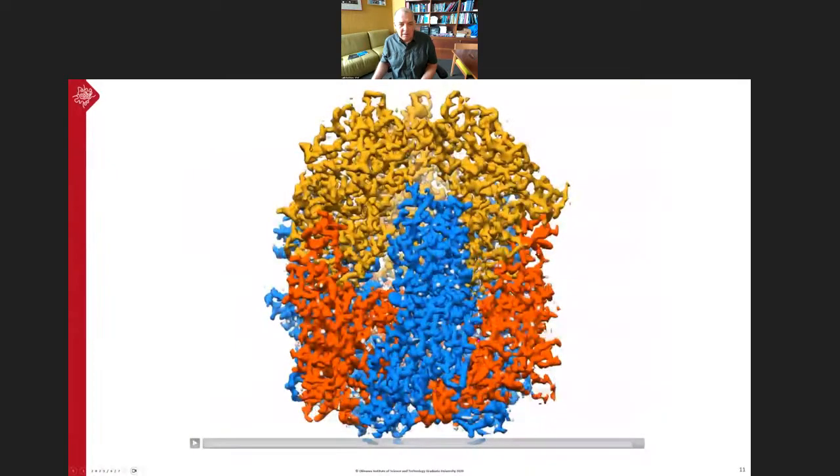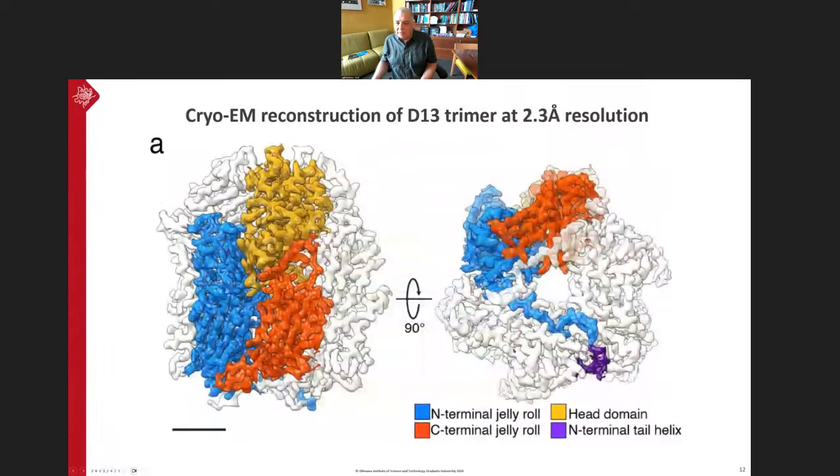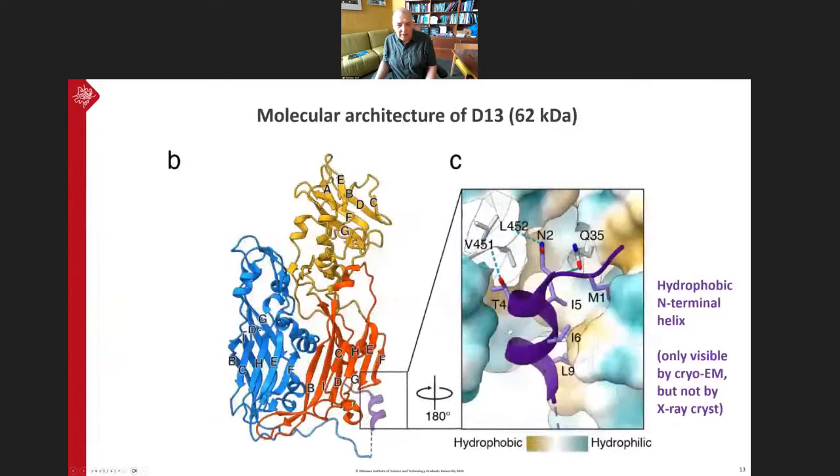And wait, next slide. Here is a schematic. So 3 D13 molecules form this trimer, and it's so rigid because the N-terminus here, this arm, invades the next trimer, and the red one goes over there, and then the yellow one goes across. So it is locked together and very stable. But here is that variable domain that we noticed early on. It's the N-terminal alpha helix, and it's shown here in close up.